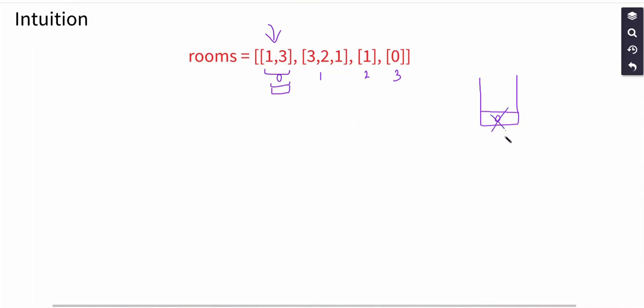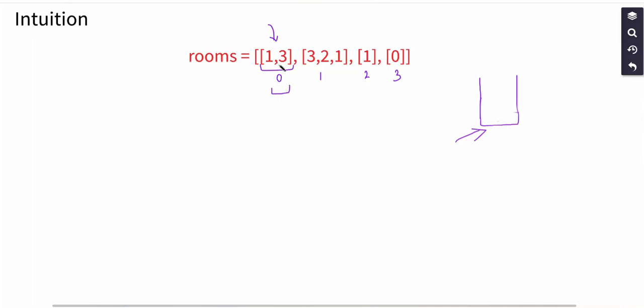So we use up this key, we pull this element out of our container. Since we entered room number 0 and used the key we initially had to unlock this room, we pull this key out of our container, and now the container is again empty. So what do we get here? Again,